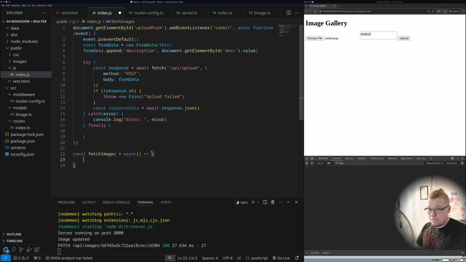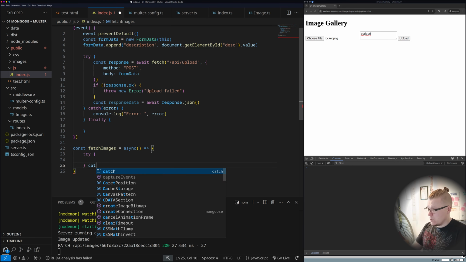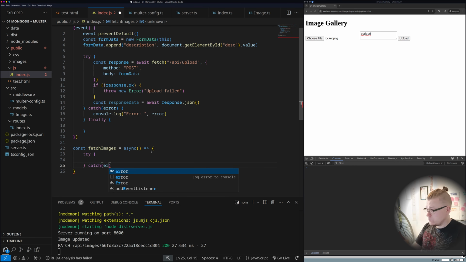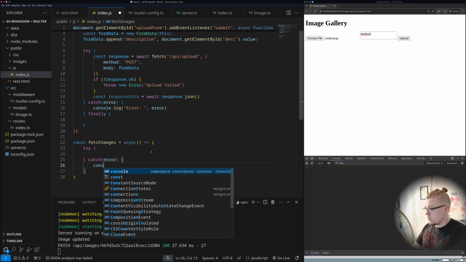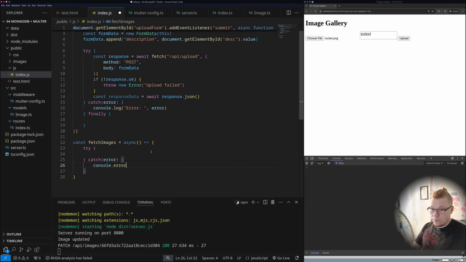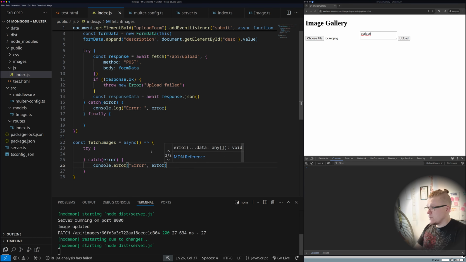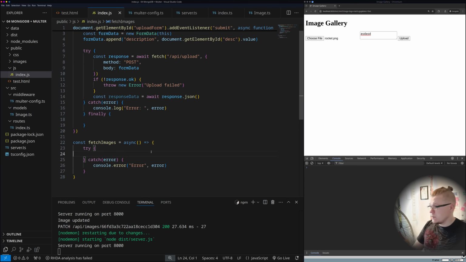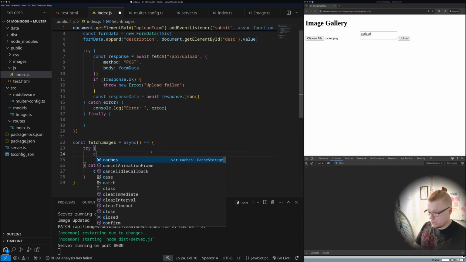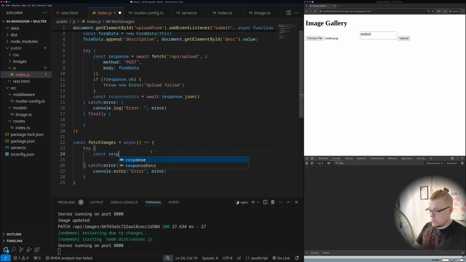Function, and we are trying to get the images from the backend. Otherwise we will catch an error and log error, like this. But the most interesting part of the code is here. So const response